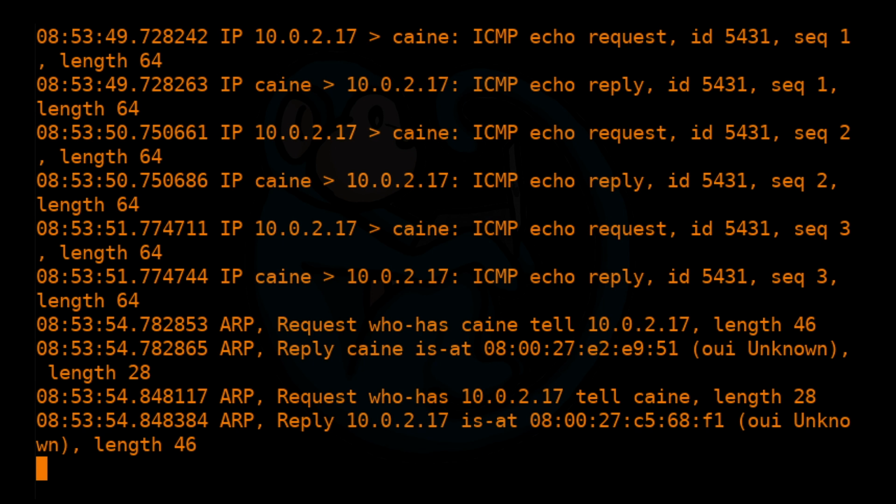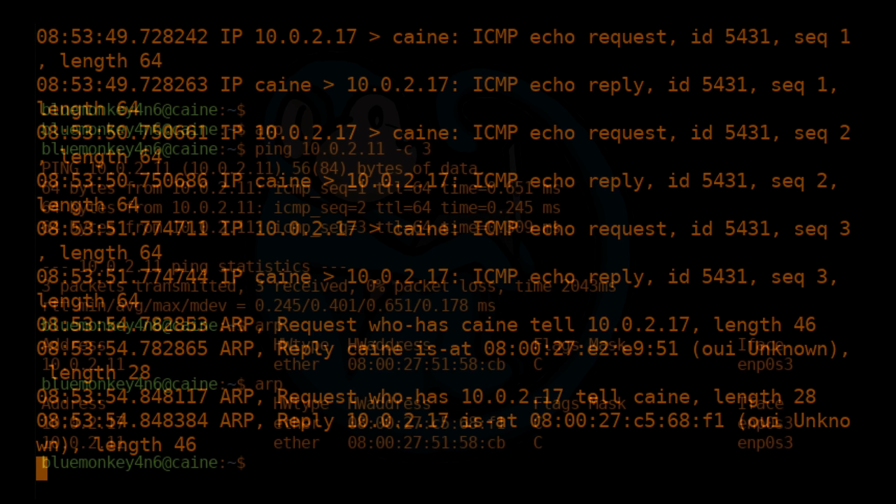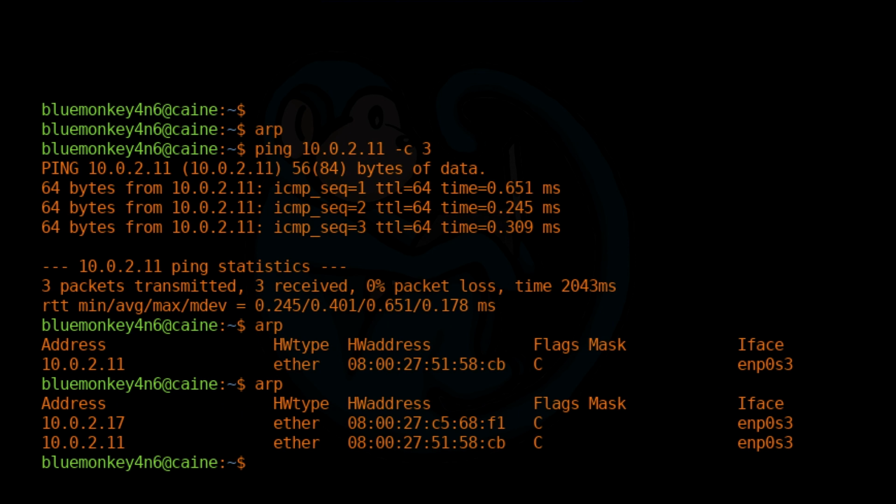And we see this reflected when we looked at our ARP table. Let's take this one step further. Let's go ahead and try to ping a machine that has a firewall that blocks pings. Would this stop our ARP table entry from getting updated? Let's go ahead and ping